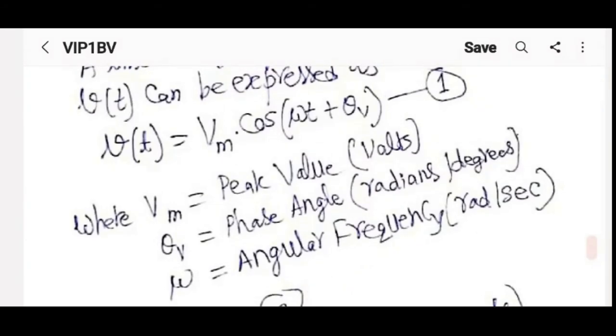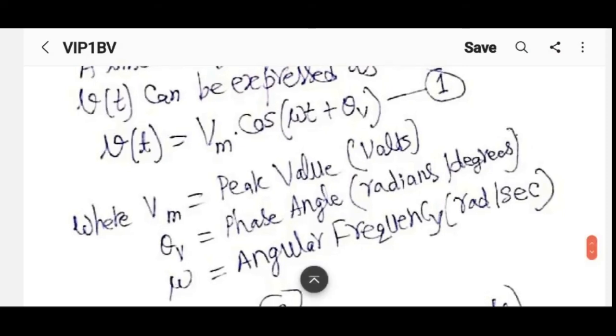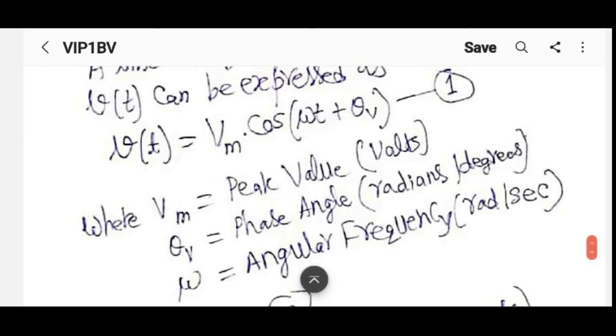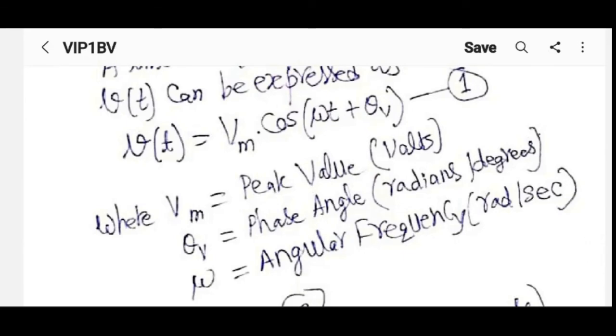You may not have seen a cathode ray oscilloscope in real life, but I'm sure in basic electronics labs, you have been shown that instrument. That instrument is commonly used to actually measure Vm, omega, theta V, etc. for a given voltage signal. All the talk I am doing today is the introduction that we need before we start talking about measuring instruments. These basics are needed before we even talk about measuring them.